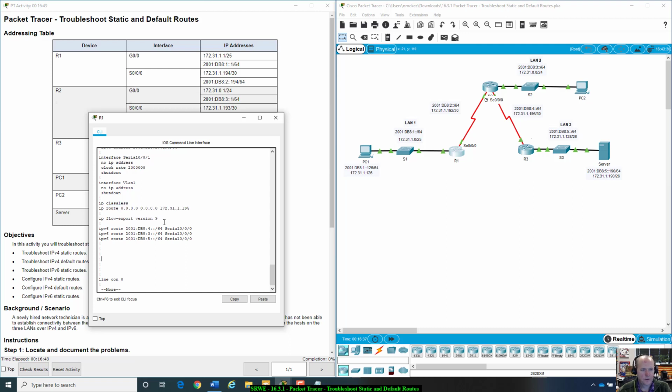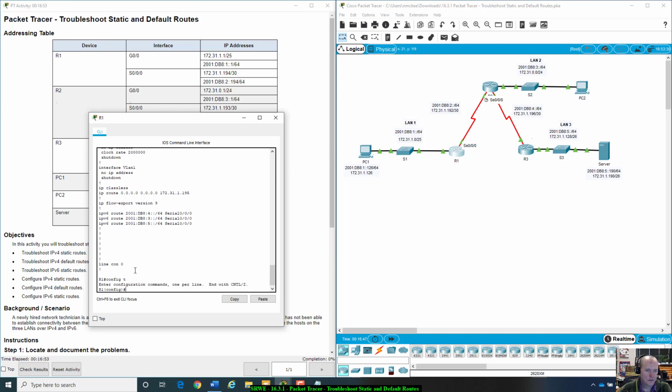Okay. So probably the easiest way to do it is just highlight that, copy it, Control C, do a config T, paste that in. All right, and I'm going to do a no in front of that to remove that out. You can't just add a new one in there because then you have two entries. You want to take that old one out first, and then